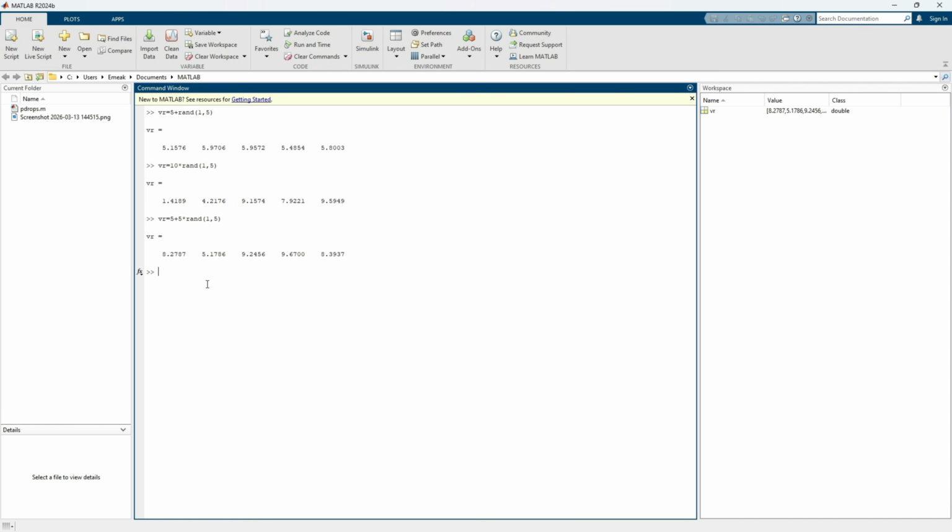Now, when it comes to rand and randn, for instance, let's try that first. randn(1, 5), and we see some differences in terms of the nature of the values you're obtaining. First, we are seeing the presence of negative values. And if you look at what a normal distribution is essentially,